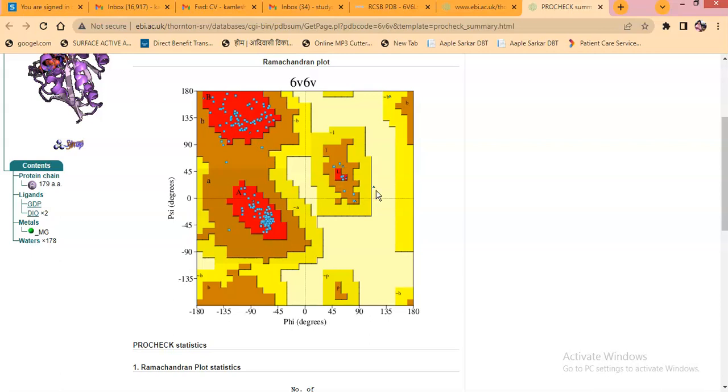Look at this, one dot is outside this yellow area. It indicates that this particular amino acid does not have a good angle, so it can distort the geometry. This amino acid is responsible for distorting the geometry of the protein. Simultaneously, this red area is the highest, where all possible dots or residues must be present. Secondary, the area outside this red indicating